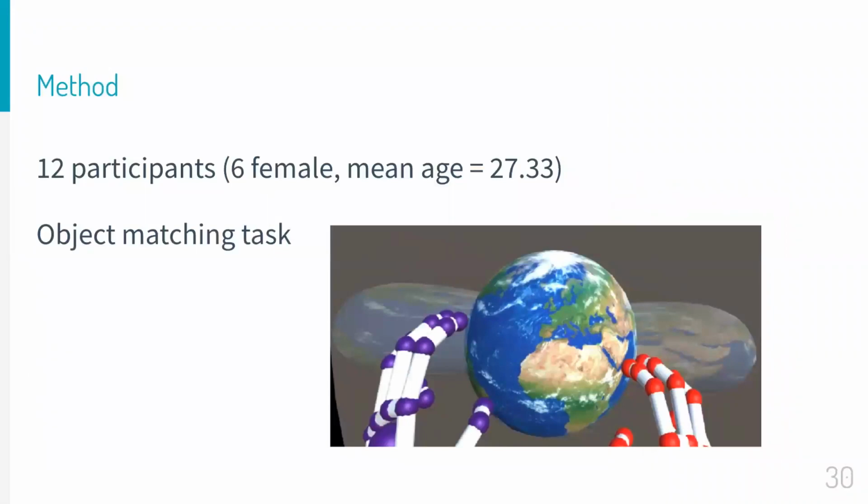We recruited 12 participants to do an object shape matching task. In each of the trials, a semi-transparent shape is shown, and that shape is the result of applying one of the possible operations on the globe. The user needs to push or pull on the globe and select the correct operation until it matches the transparent